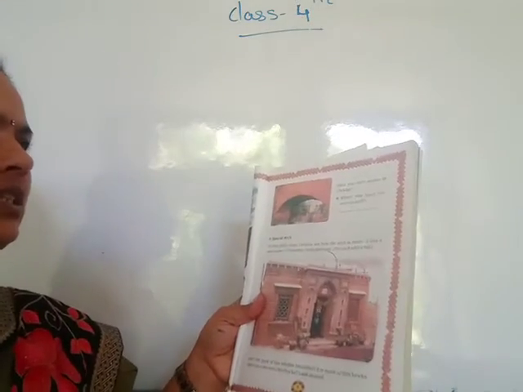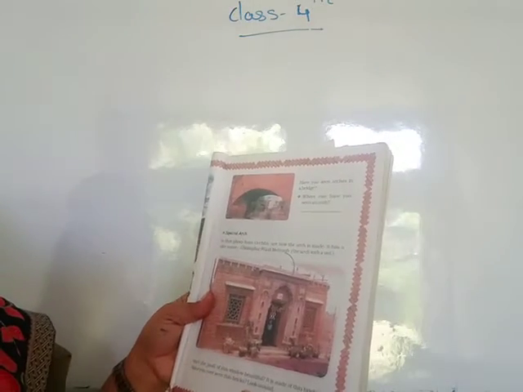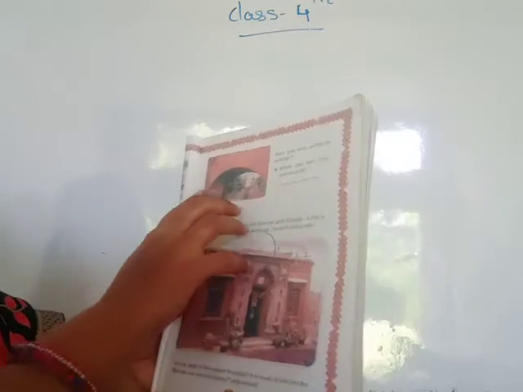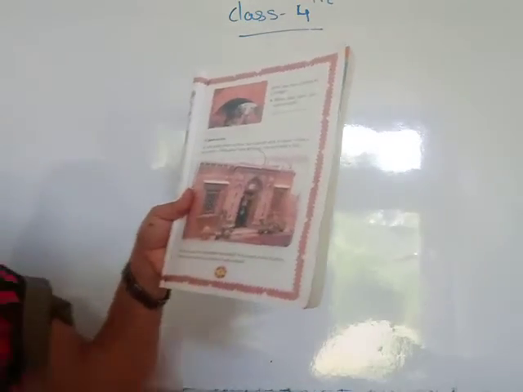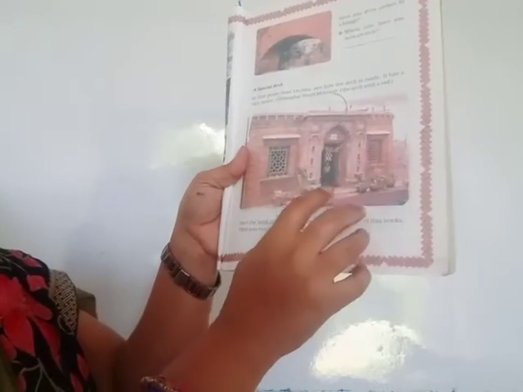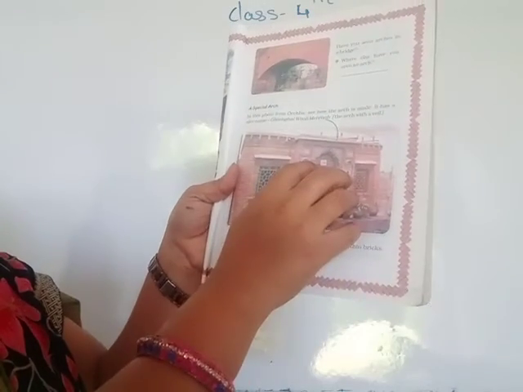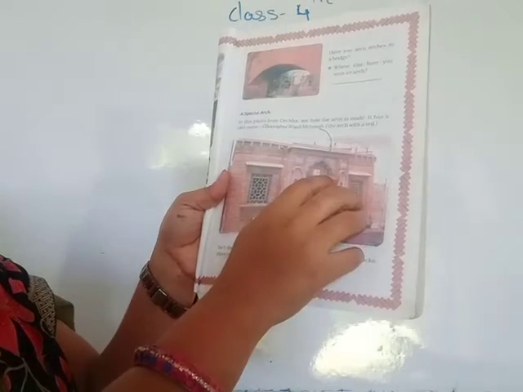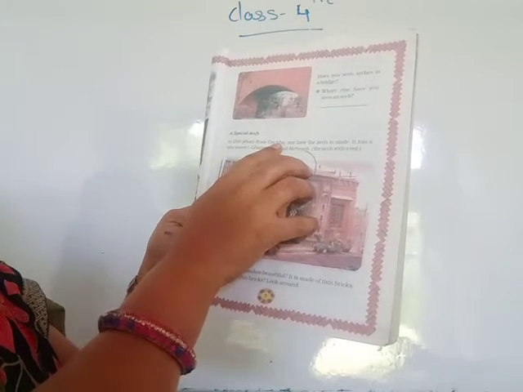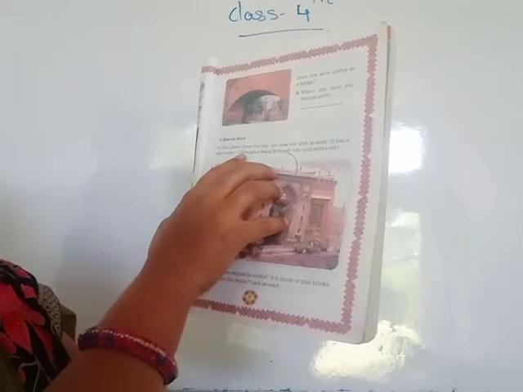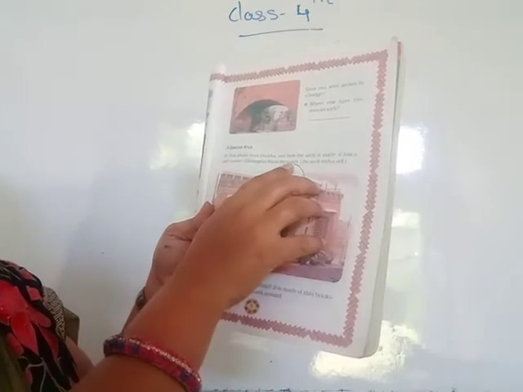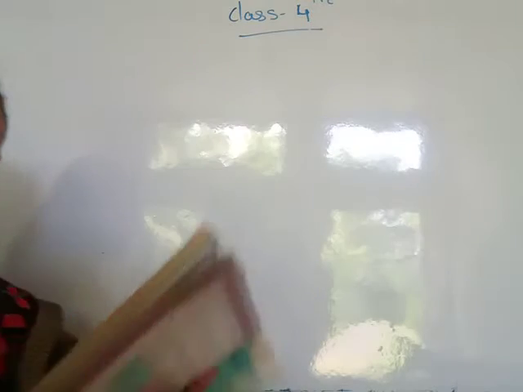Have you seen these arches in a bridge? Where else have you seen them? And this arch, see here, is a special arc. You see this picture, page number 9. In this photo from Orchha, see how the arc is made, and it has a nice name: Ghungat Wali Mehrab. Ghungat Wali Mehrab.